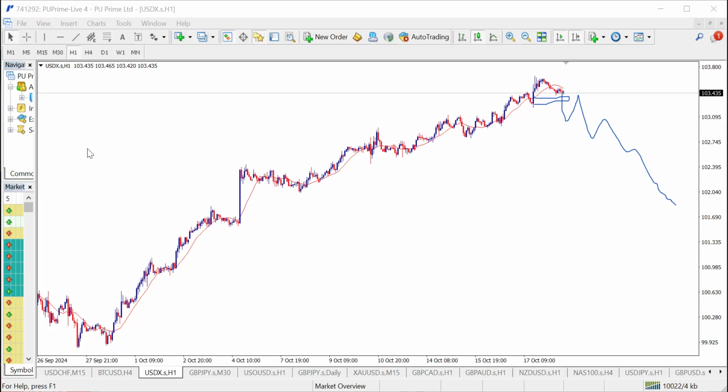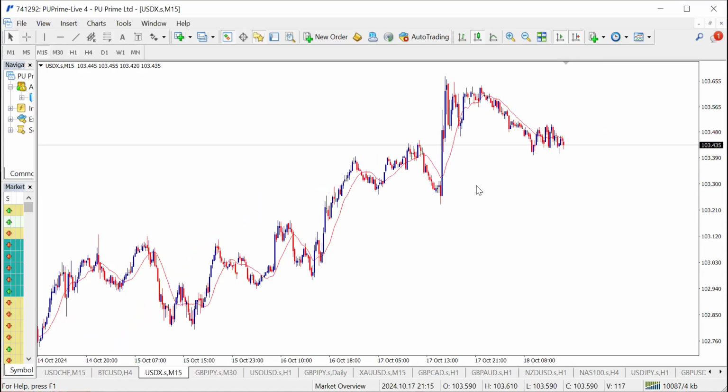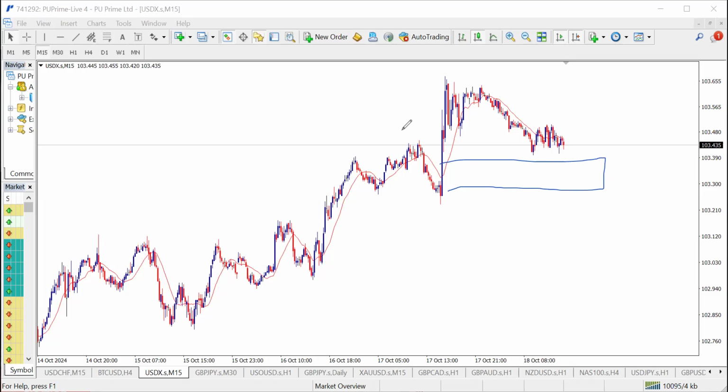So DXY, I can still see bullish momentum in this market because we're approaching a 1 hour strong area of demand, and demand will always pull the market to the top. If the market taps into this area of demand right here, I'll have no other option but to expect more buyers towards the top. So let's stay expectant. On the dollar index, a break below here, we're going to become bearish. A break above, we're going to become bullish.